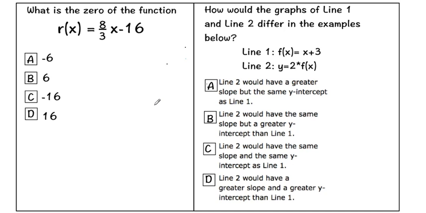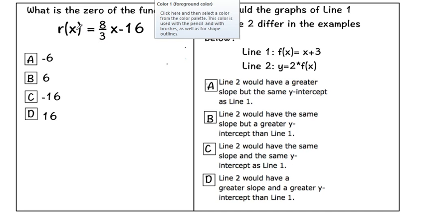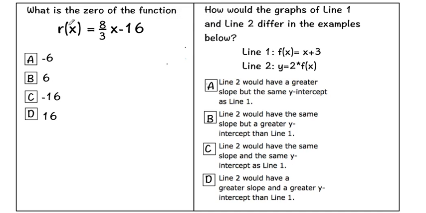So what is the 0 of the function? You have r of x is equal to 8/3 times x minus 16, y equals mx plus b. If it is a 0 of the function, you have to think, what's going to be 0? Well, a 0 of the function means that you're going to have r of x equal to 0. So we would do 0